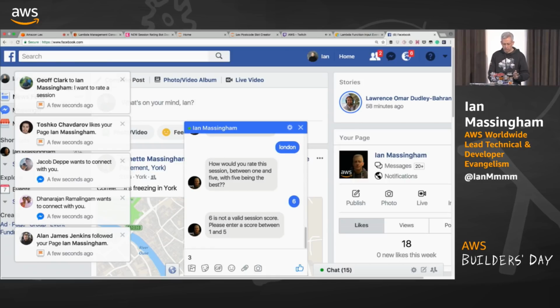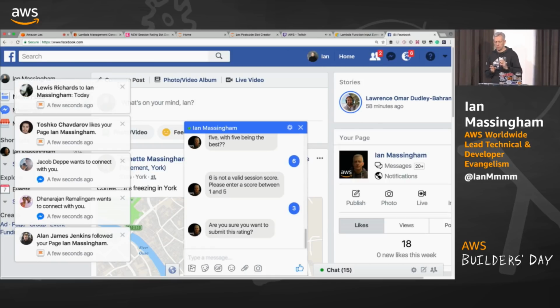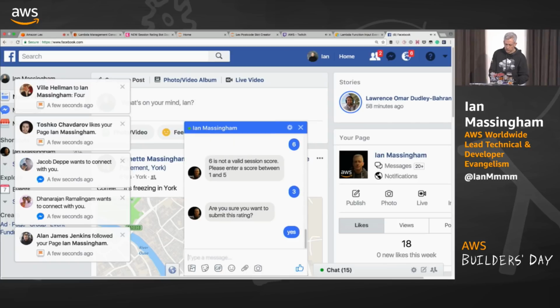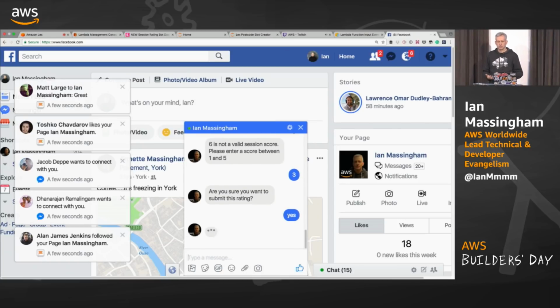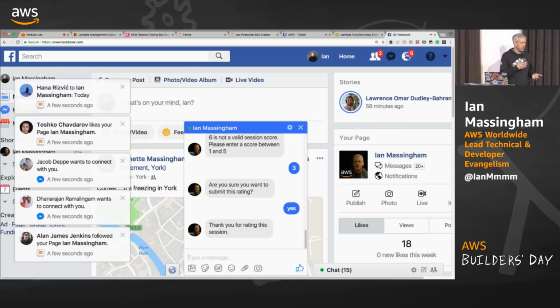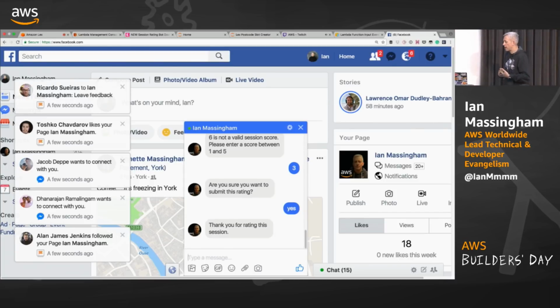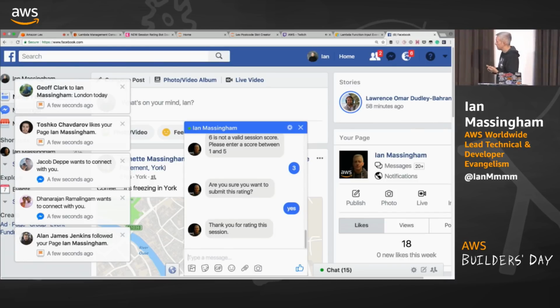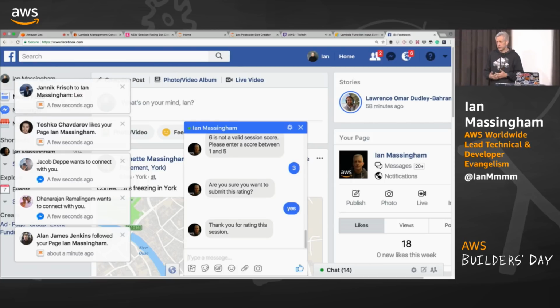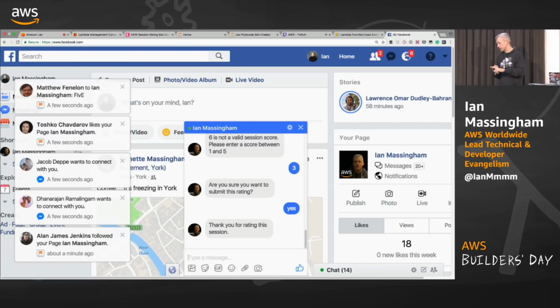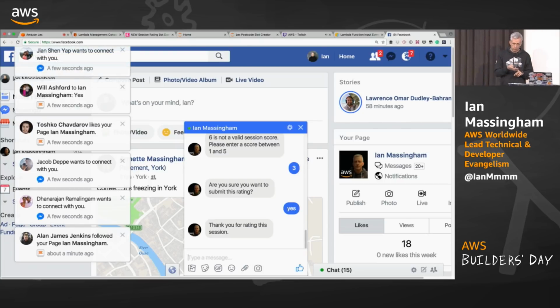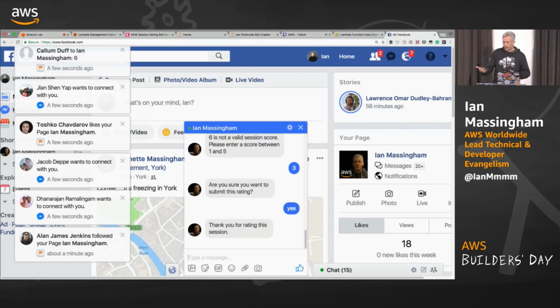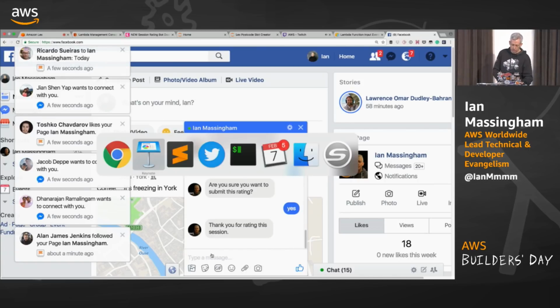Okay, I'm going to rate myself 3, probably not to skew the results too much. Do I want to submit this rating? Yes, I do. And that's it. Okay, so I've been through that slot elicitation process. I've got some validation in there, and I've captured at the end of it a JSON object that contains session identifier, date, location, and a score, right? Just those 4 attributes. They get packaged up, and using the fulfillment code within my function, oh, you see many people are talking to me.